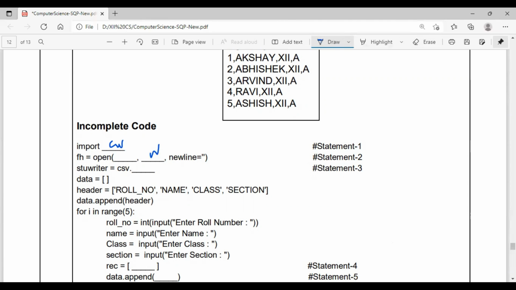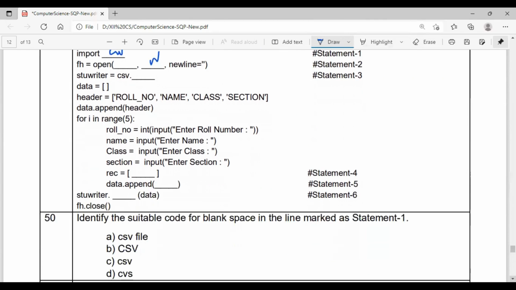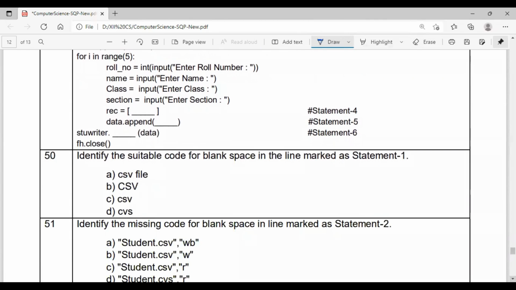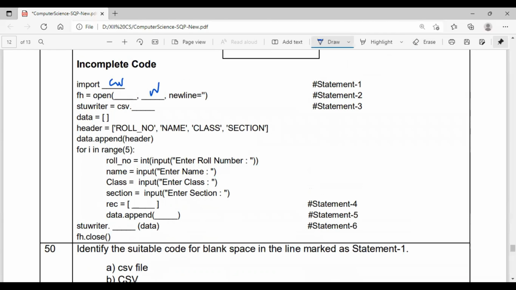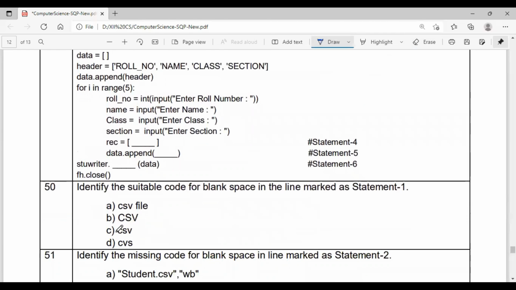W mode. So first one is what? Identify the suitable code for statement 1. So first one is import csv, with small letter c, s, v, option C.